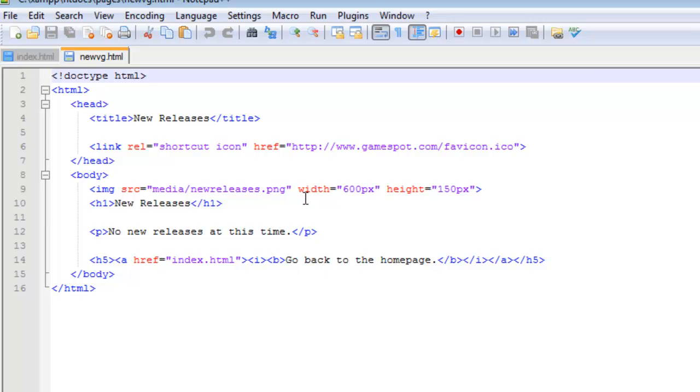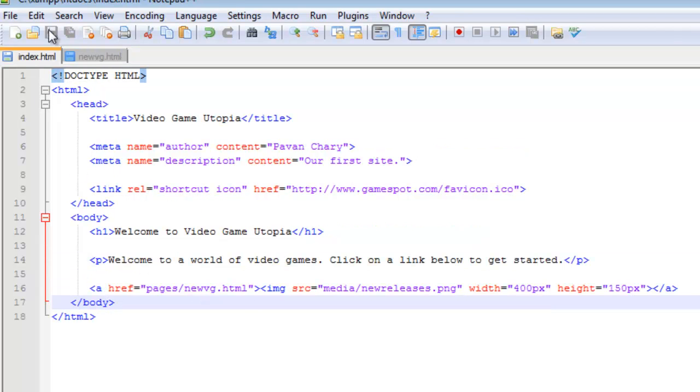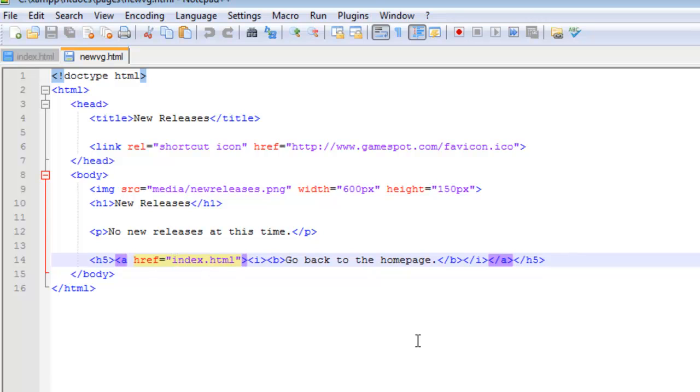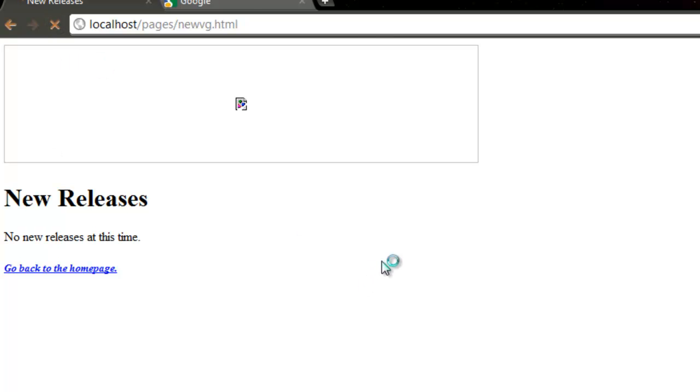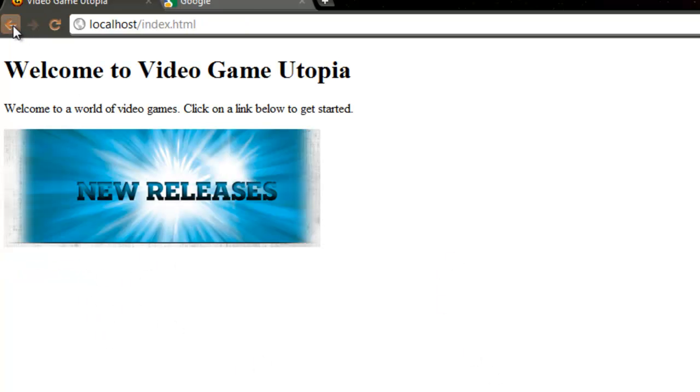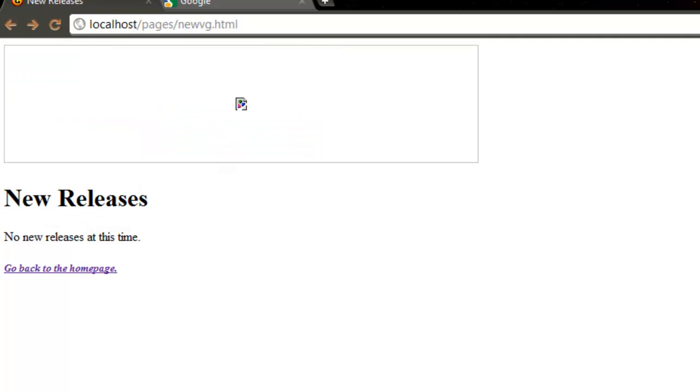To go back to the home page, instead of just typing in the link like this, we're going to have to type out the entire address, which means basically we have to do http://localhost/index.html. Now, when we refresh the web page, we're going to click go back to home page, and it'll take us back to the index page. Similarly,